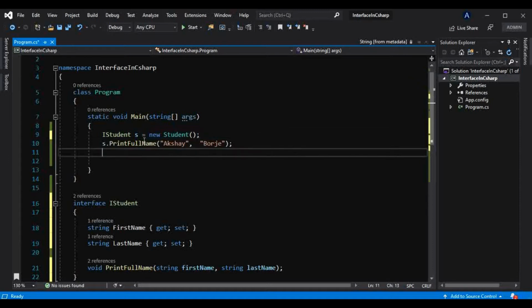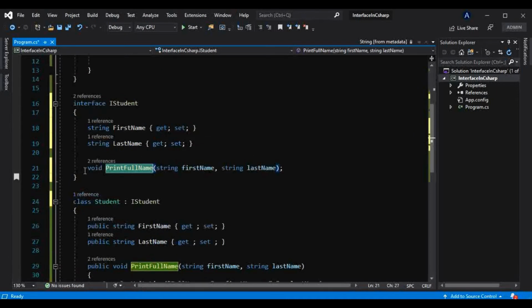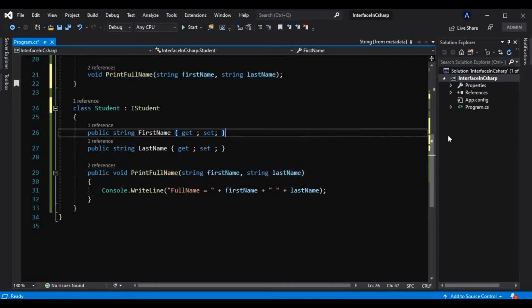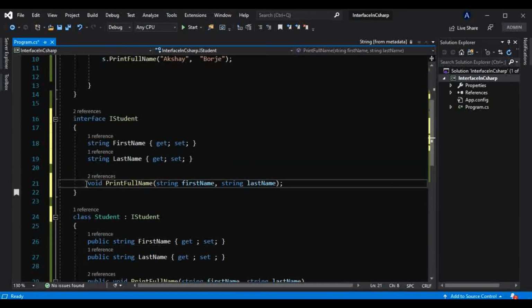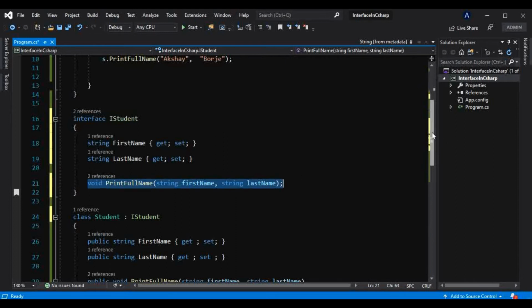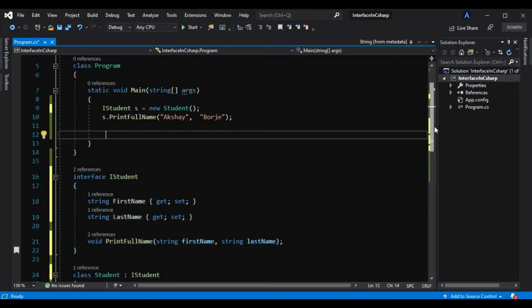Now if the user goes and right clicks and goes to the definition, the user is redirected to the definition rather than the implementation. So in this case, the user is completely unaware of the implementation, the logic behind this method. He is only aware of this method and how to use it, but not the logic behind it. So that's what this interface provides us, that is abstraction in C#.